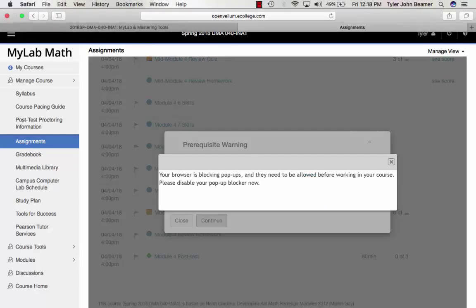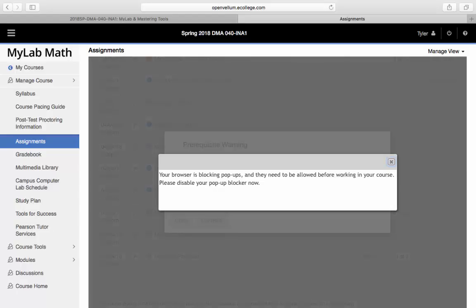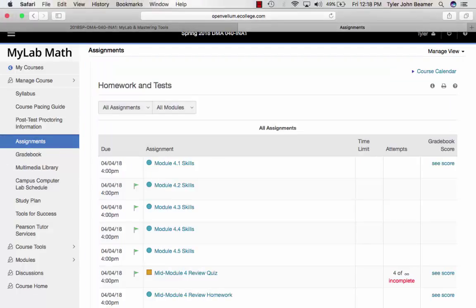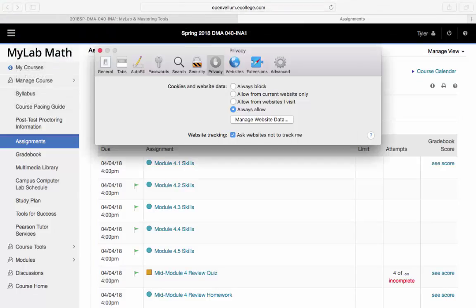And then you want to allow pop-up blockers so that you will be able to access the post-test. Okay, so let me do that real quick so you guys can get a